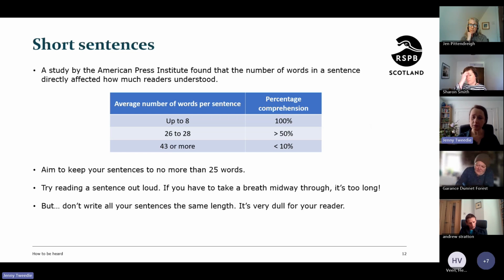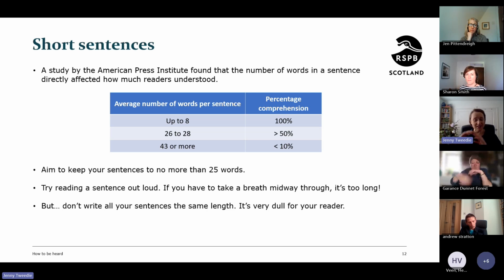Okay, right, here are some sort of broader tips. Now we move on from the scary parts of English. So short sentences. It's really, really useful when you're writing to try and keep your sentences as short as possible. There's been some studies done into this, and they basically say that if you keep it under 25 words, then more than 50% of people are going to be able to understand what you're saying.